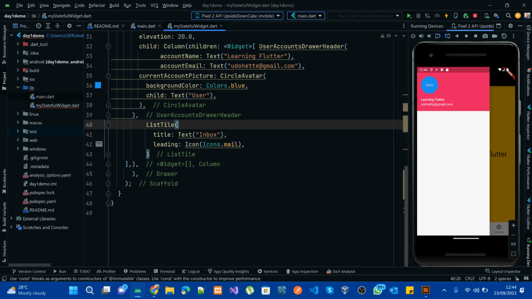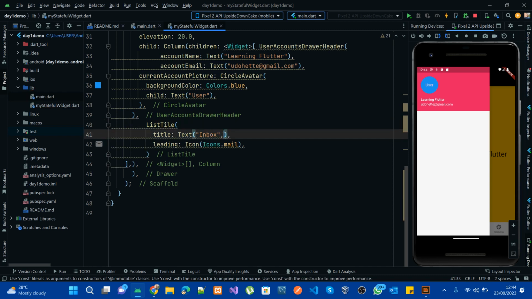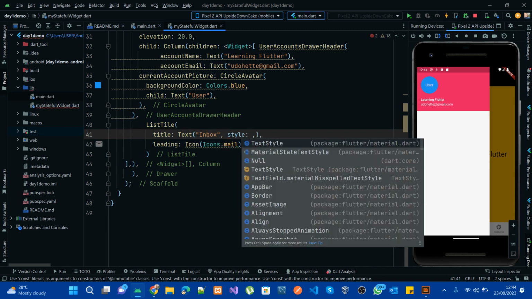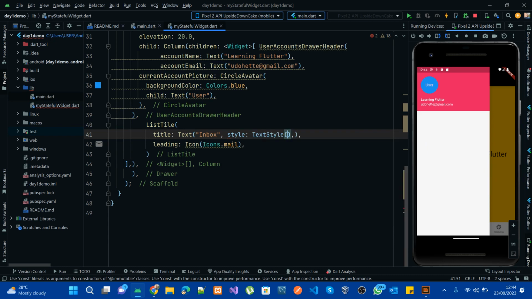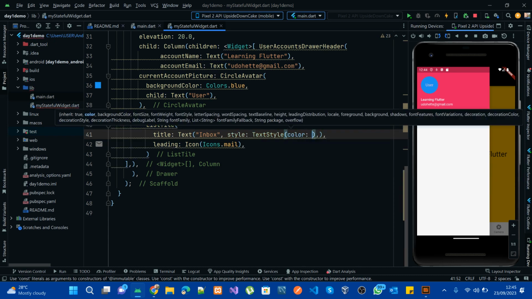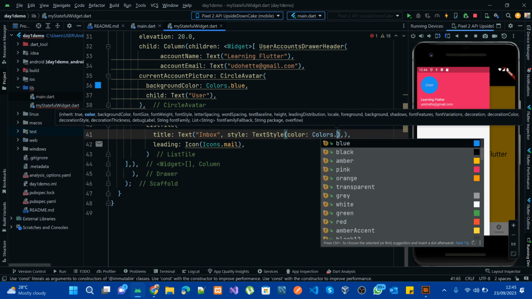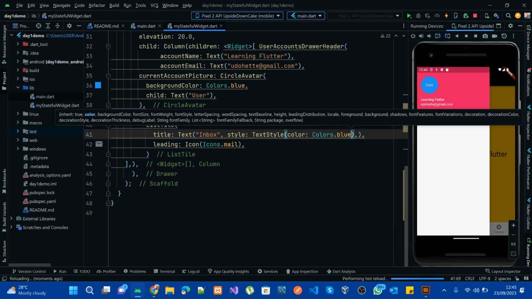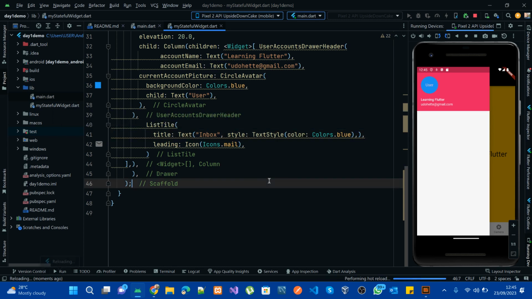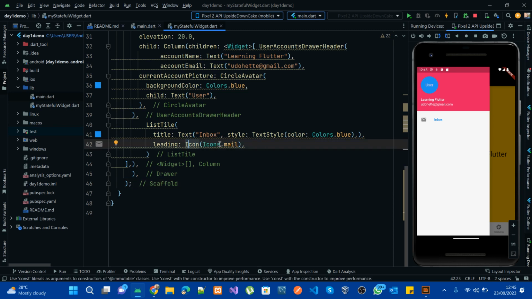Okay, hold on. All right, so I think the color was white, so that is why this was not showing initially. Okay, so